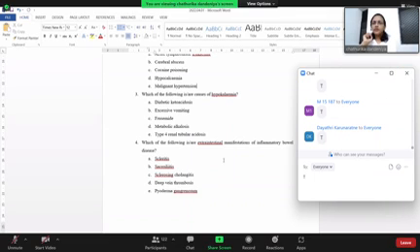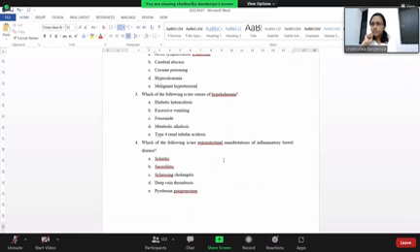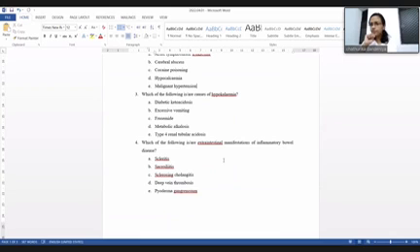Yes, so there is a question: can it cause episcleritis? I honestly don't know. I'll have to find out. Episcleritis is a feature that you get in rheumatoid arthritis, but whether you can get it in IBD, I'm not sure, but I will find out. Next one, sclerosing cholangitis. True or false?